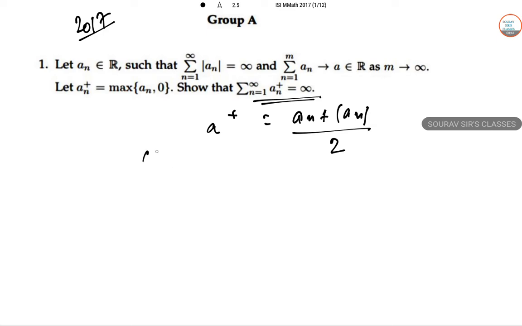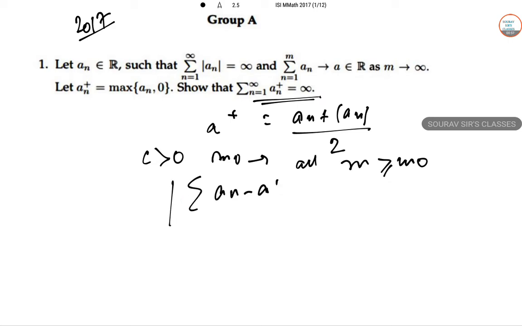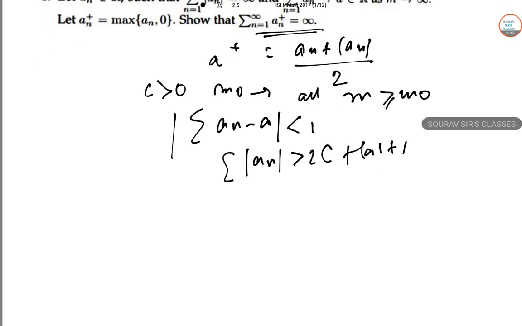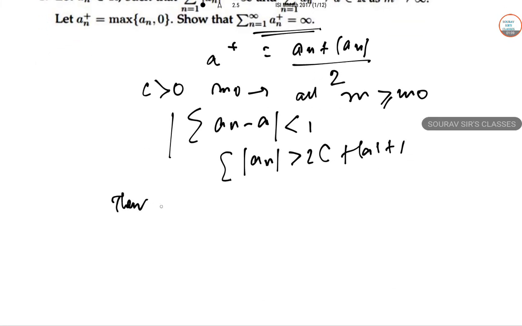Now for any c there exists m0 such that for all values of m greater than or equal to m0, the summation of a_n minus a is less than 1, and the summation of mod a_n may be greater than 2c plus mod a plus 1. So if this happens, then for m greater than or equal to m0, we have